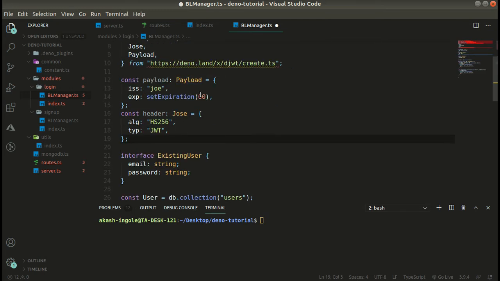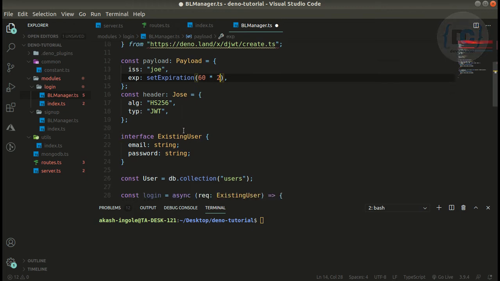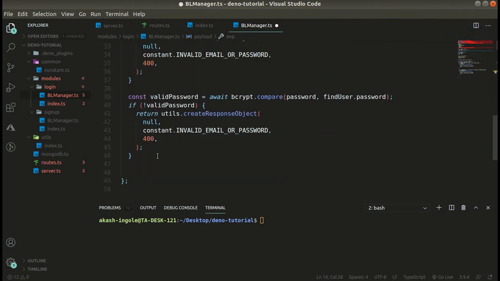Here we are telling how we want to make our payload, and here we are setting our expiration time. Let's make it 2 minutes. Here is our algorithm, and the type is JWT. Cool. Now let's make the JWT token.